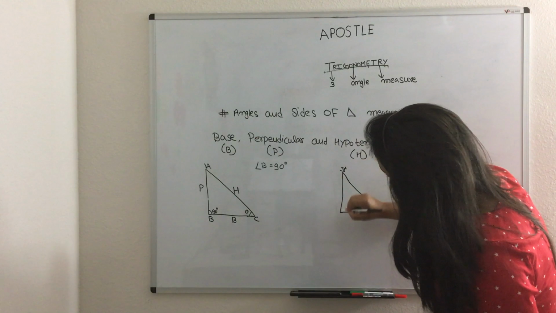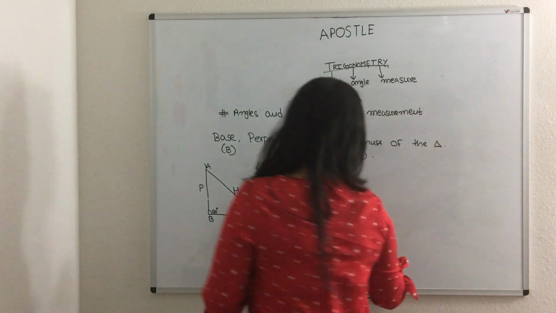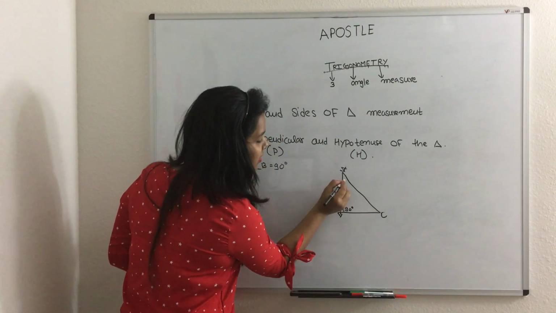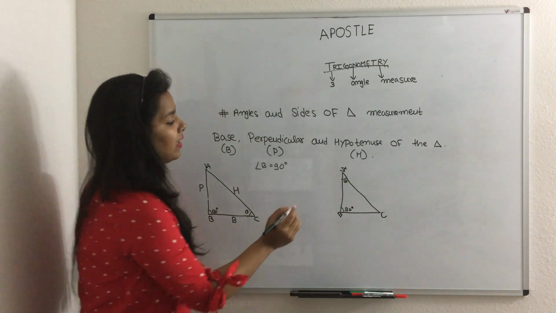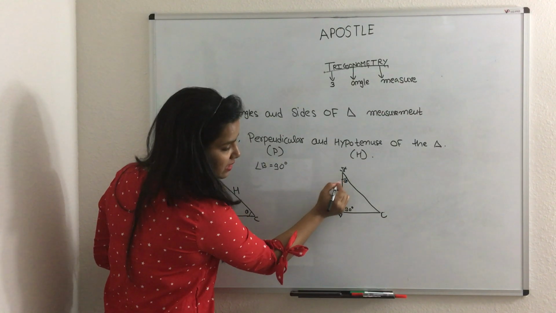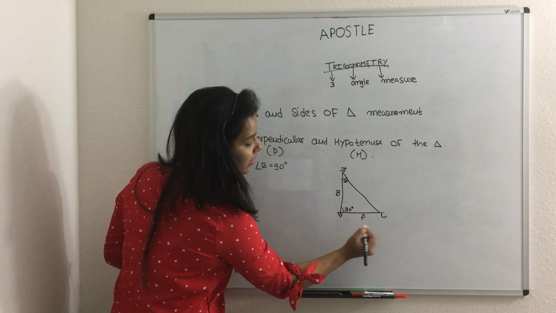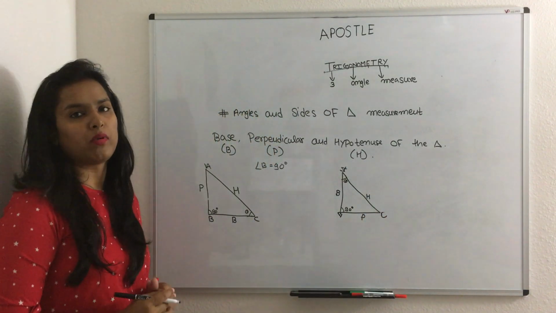In this triangle, our angle B is 90 degrees only. And now we are considering our angle theta at the position of A. If our angle theta is shifted to A, then our base is adjacent to the angle theta and perpendicular is in the front of angle theta, and again hypotenuse is the same. This is a really very important concept.